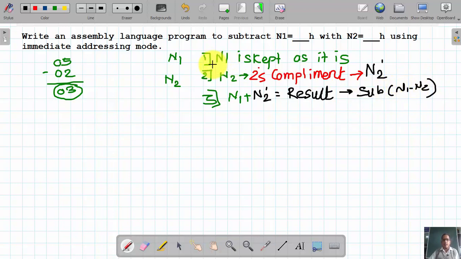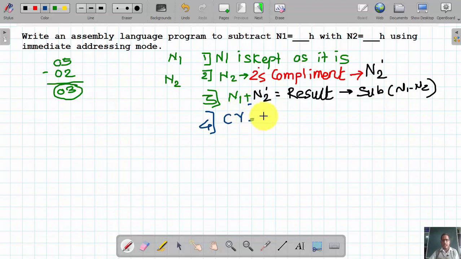Just try to get this. Number 1 is kept as it is, the 2's complement of number 2 is obtained, then the 2's complement is added to the first number, and that result is treated as the subtraction result.